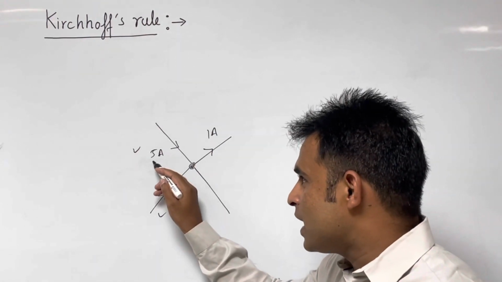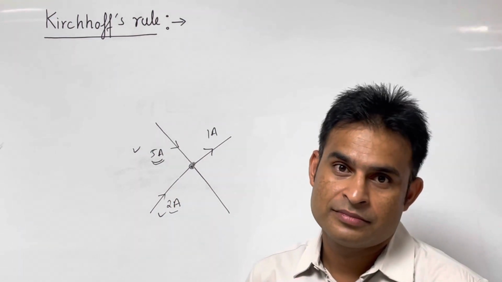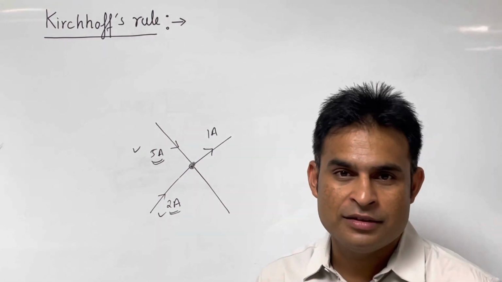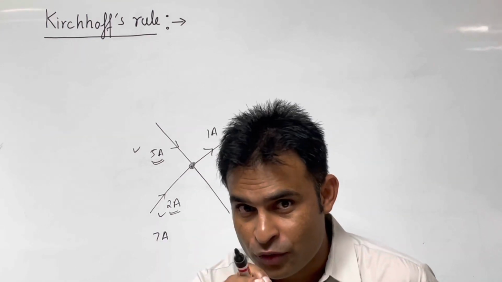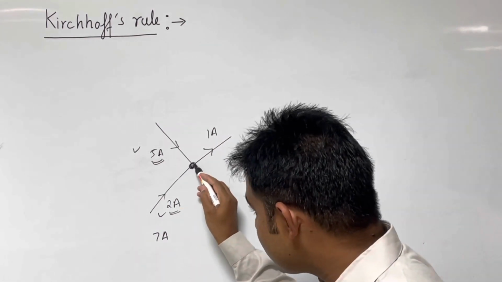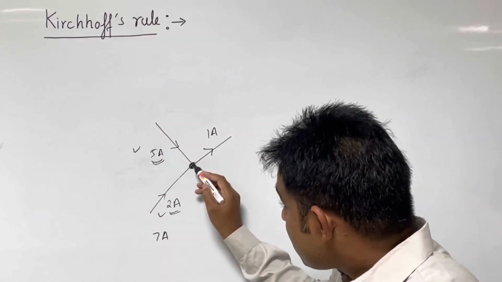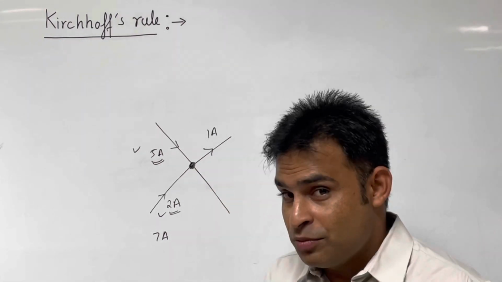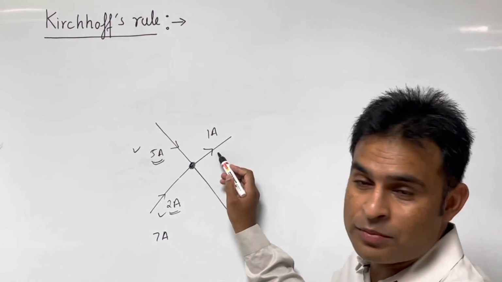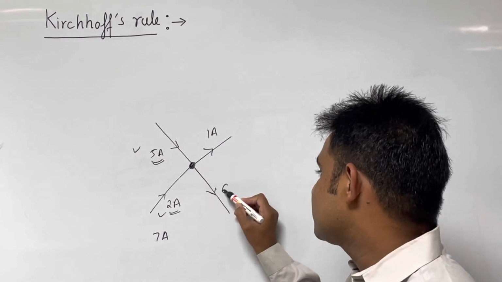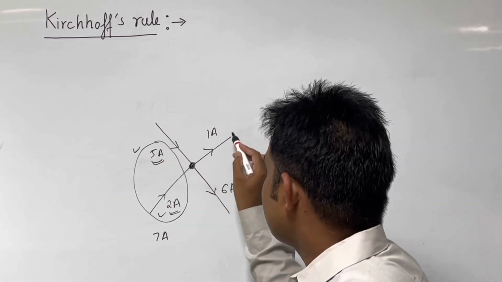So this arrow is coming towards this junction, so incoming current is 5 ampere from here and 2 ampere from this one. What will be the total incoming current? That will be 7 ampere. According to Kirchhoff's rule, at this junction whatever current comes, the same amount of current should leave as well. It means 7 ampere is coming at this point, so how much current should leave from that junction? That should be 7 ampere itself. So 1 ampere is going from that, and this one will be 6 ampere. Now you can see 7 ampere incoming and 7 ampere outgoing.